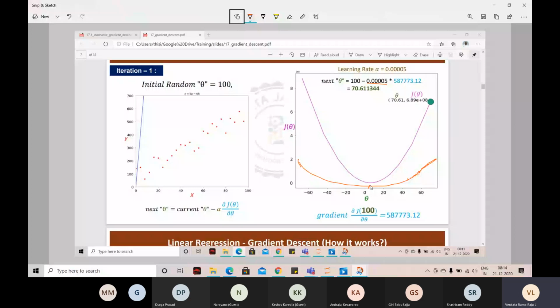When theta is not appropriate, cost is not minimal. Cost is not minimal means the algorithm is not working well, and the predictions made are not accurate. So that's the problem it's going to get into. When the data is not on similar scale, the algorithm will not converge properly because of the cost function slope. It's going to be like this.